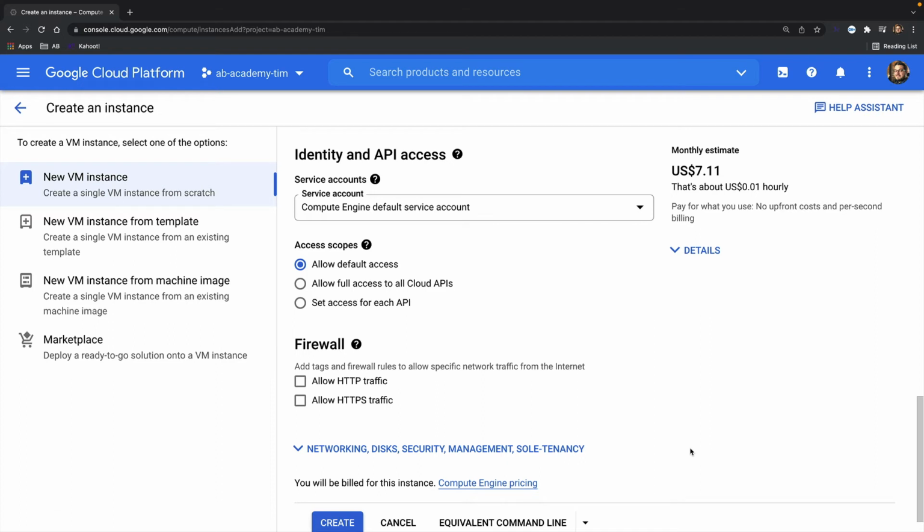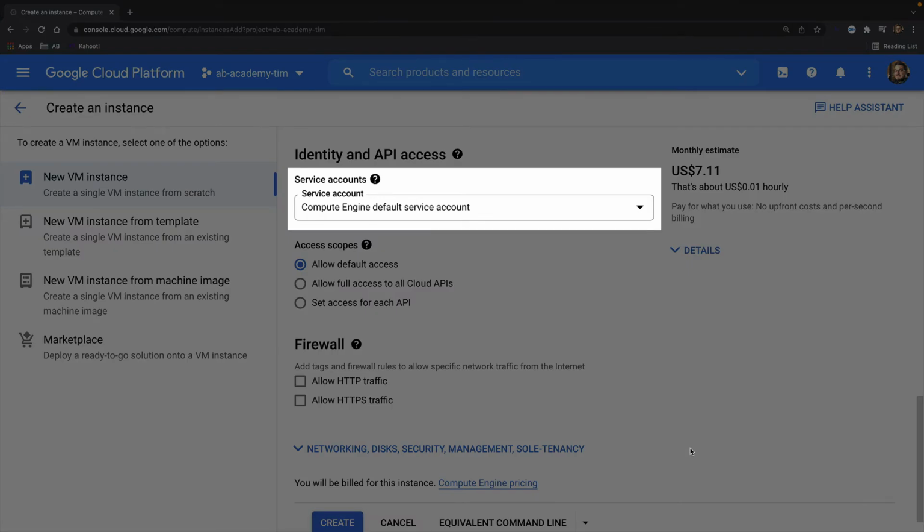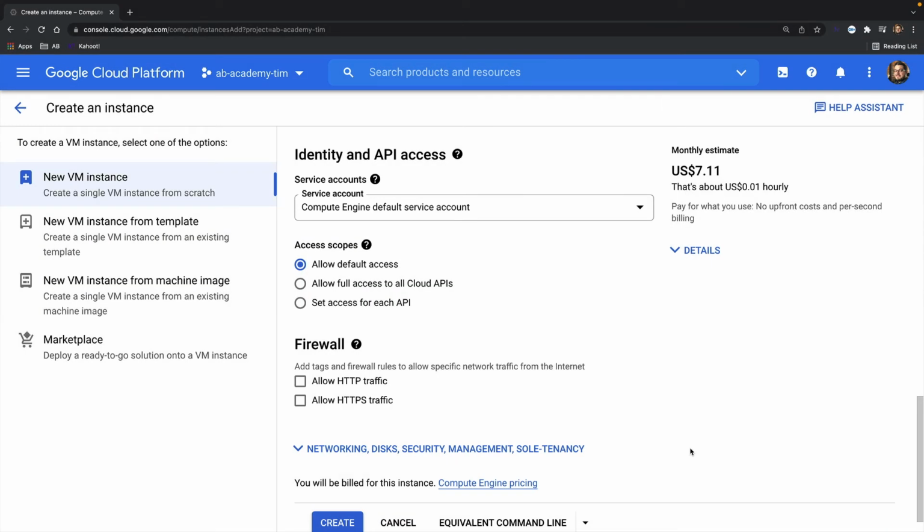Service accounts are assigned permissions and roles, so your VM and the applications that run on your VM can act with those permissions and roles. By default, your VM will use the default service account, but this has quite a broad set of permissions assigned to it. In production, it's good practice to create custom service accounts, limited to just the specific permissions required for your applications, and use those instead of the default account.